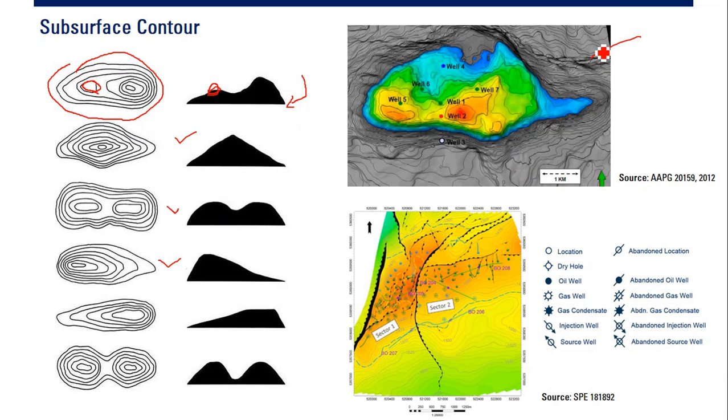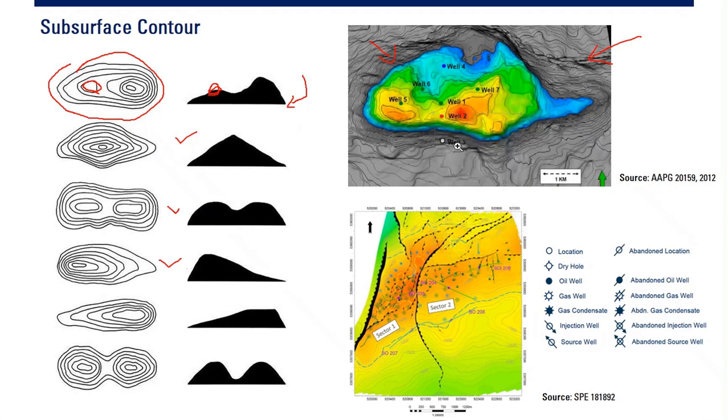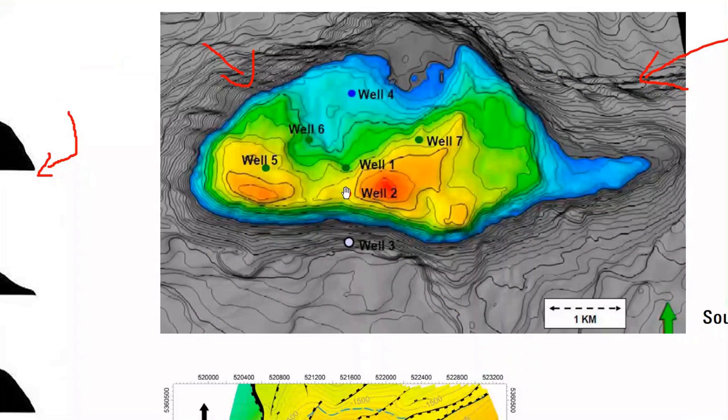And this is one of the real maps. And you know, this is the area of our reservoir. And you know the location of well 1, well 2, well 3, and others. And here you can see we want to drill the well at the top. That's why we are at this area. Or we can also call it crestal area, right? Crestal area. And then at the lowest part of the reservoir, well 4.